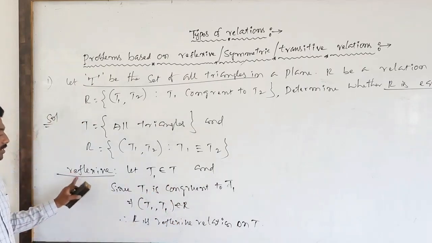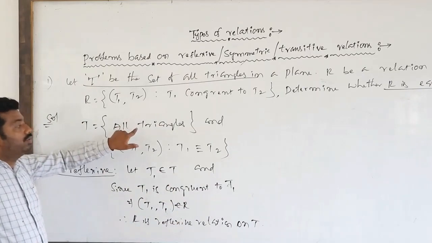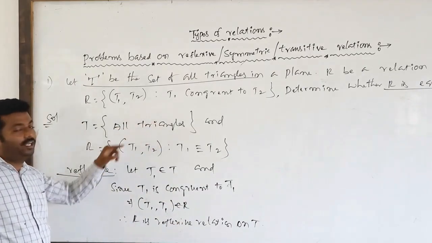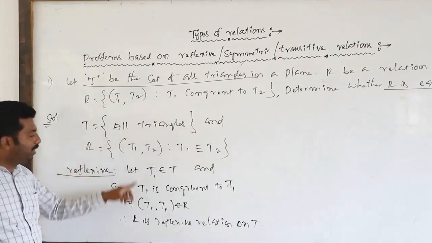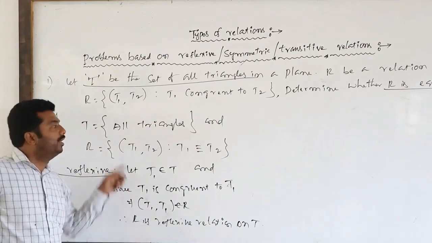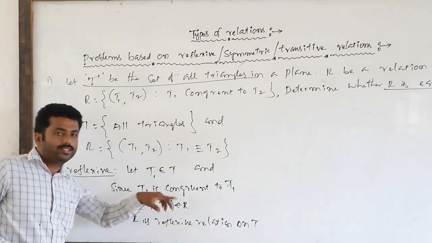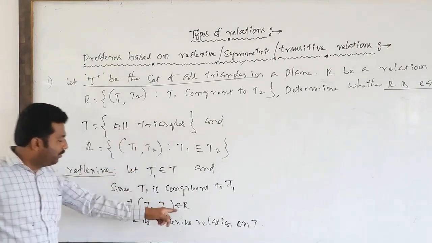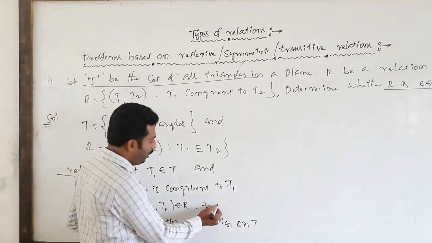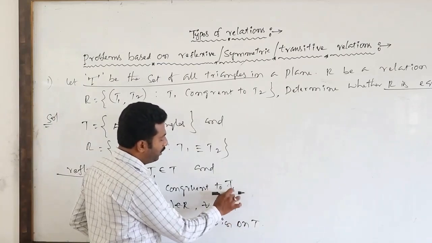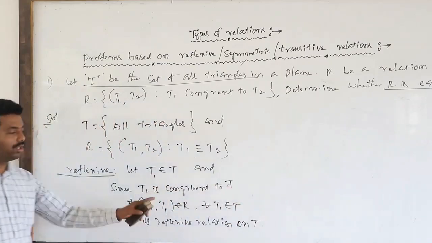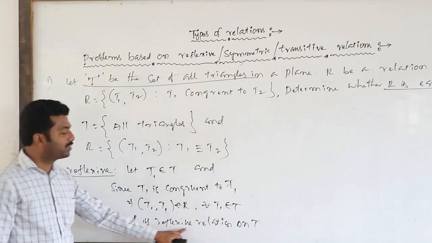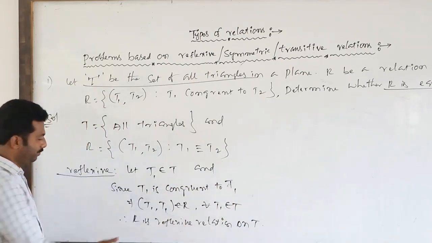See, what is reflexive? We have to verify each and every element in capital T whether it is reflexive or not. If you take T1, T1 is congruent to T1. T2, congruent to itself. T10, congruent to itself. So this is true for every T1 belonging to the non-empty set, so capital R is a reflexive relation on capital T. Next,